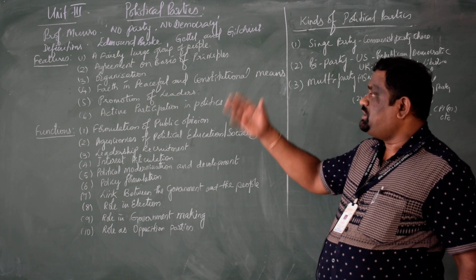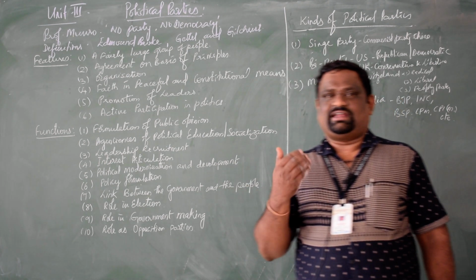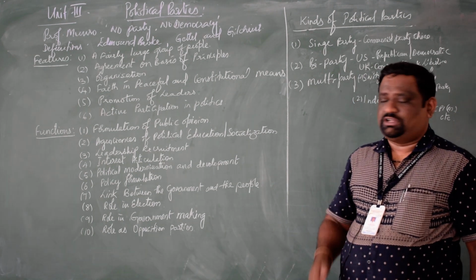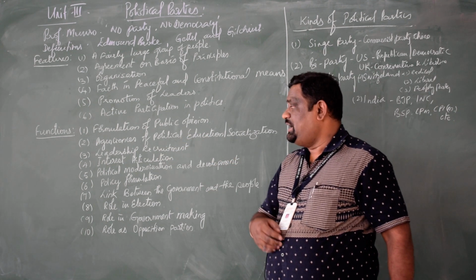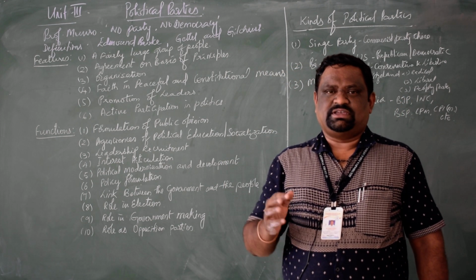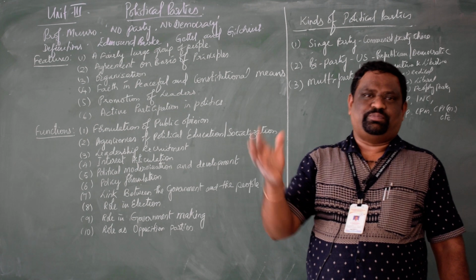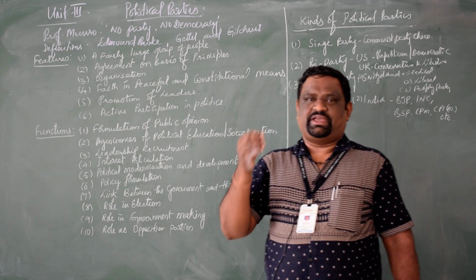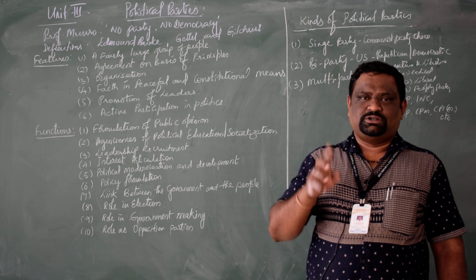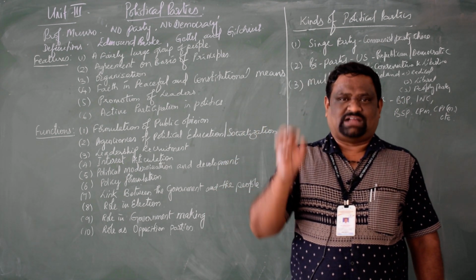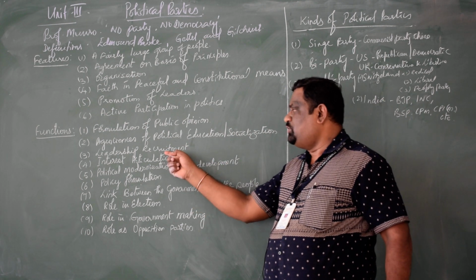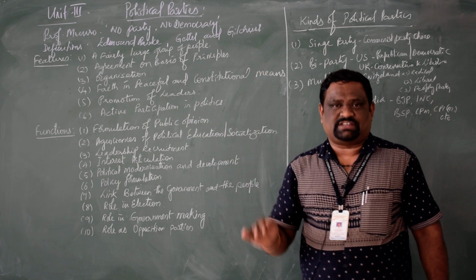So coming to the third one, that is leadership recruitment. Yes. Initially I was telling that the organization will create leaders and it will always prefer a systematic organization in the political party. Coming to this point, leadership recruitment, there should be a leader at the national level. So simply I or you or somebody cannot be in the position. There should be an internal democracy to recruit the person who is capable of leading the community. Then only can he become a leader. So that leadership is recruited by the political parties in various steps.